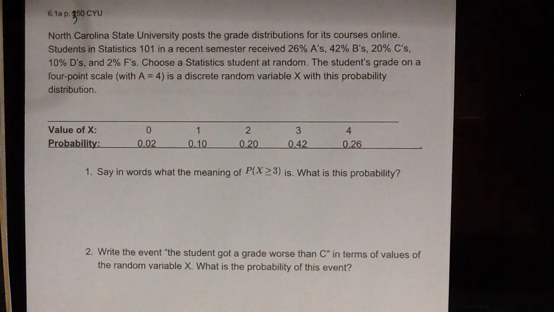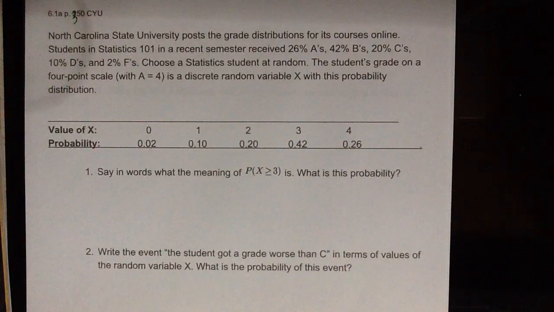North Carolina State University posts the grade distributions for its courses online. Students in Statistics 101 in a recent semester received 26% A's, 42% B's, 20% C's, 10% D's, and 2% F's. Choose a statistics student at random. The student's grade on a 4-point scale, with A equal to 4, is a discrete random variable x with this